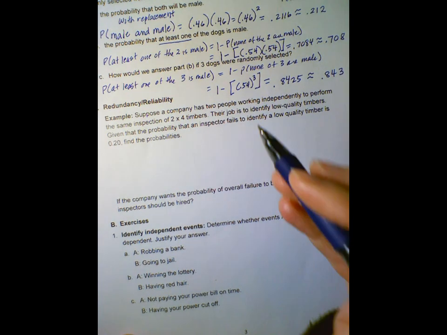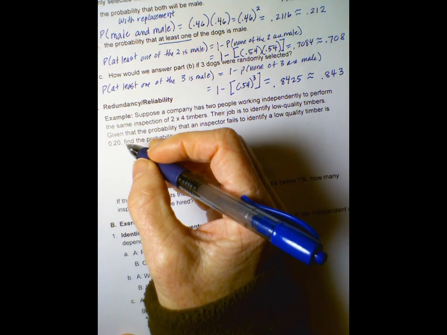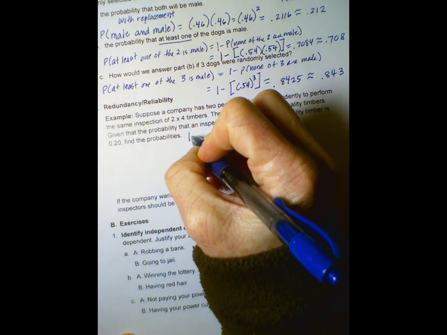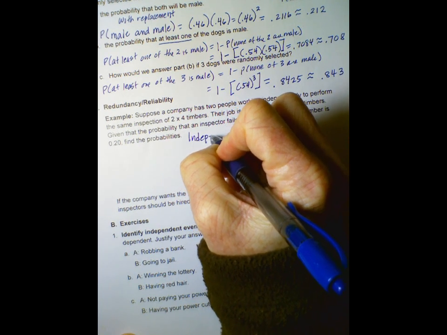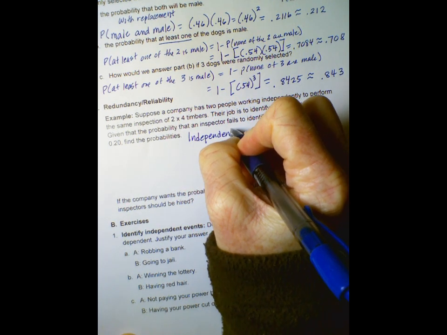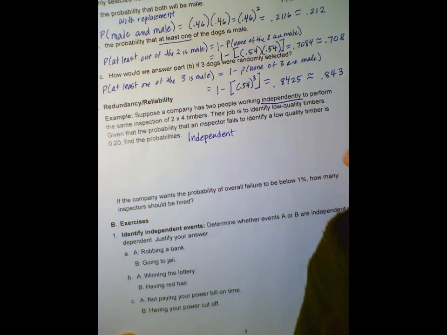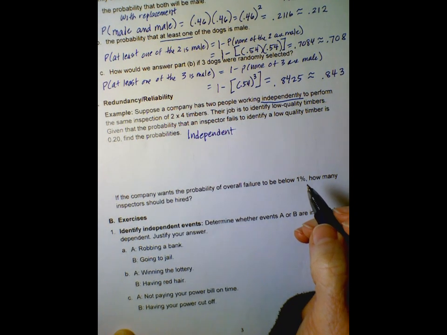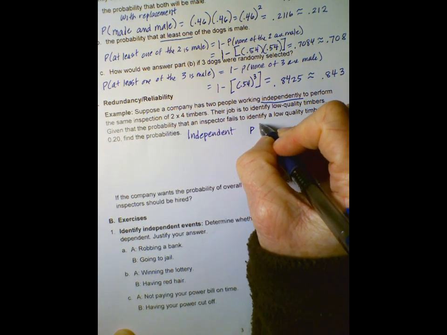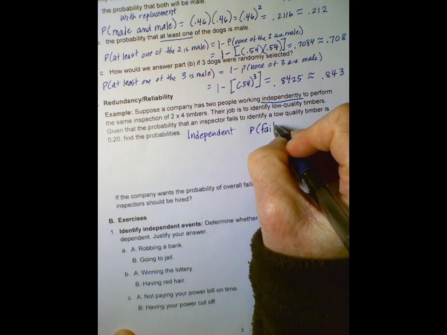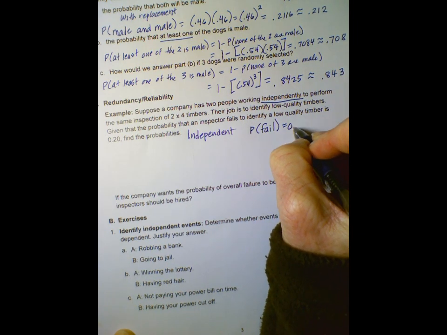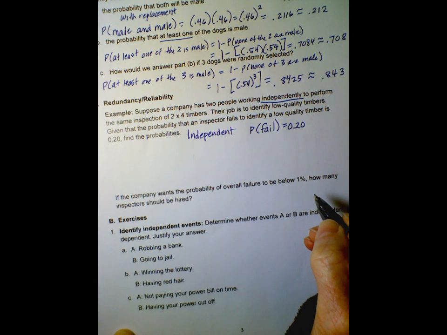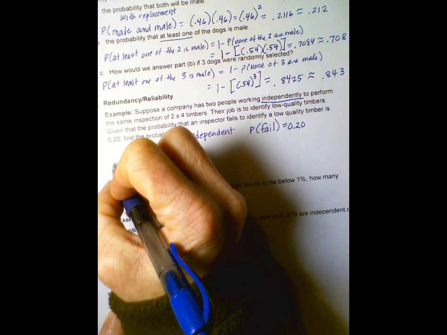I think what's missing is what those probabilities were, but let's say what these are. First, we want to note that this was independent because of this word. They tell us that. And they've told us that the probability that the inspector fails is 0.20. So what we want to find out first is the probability